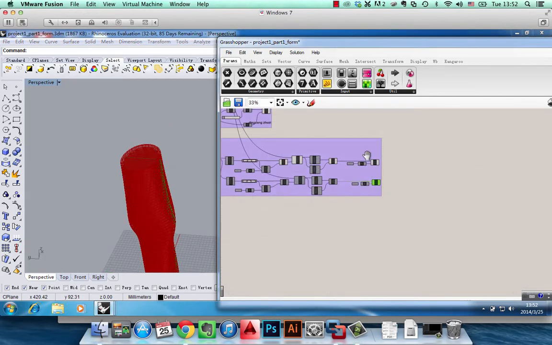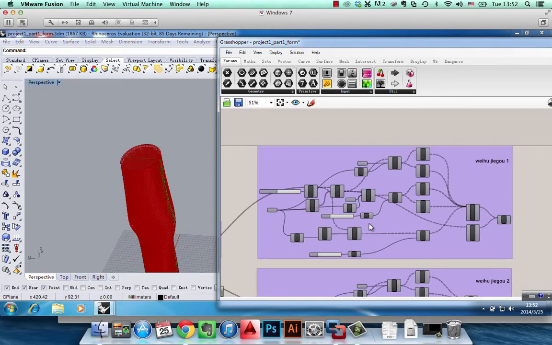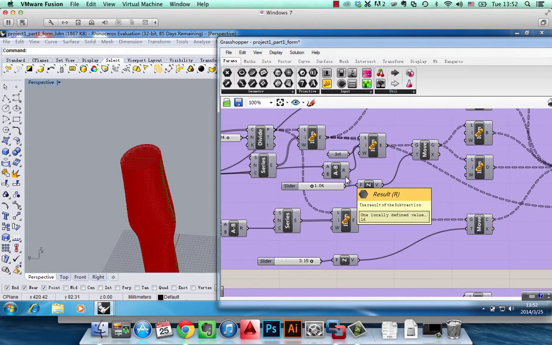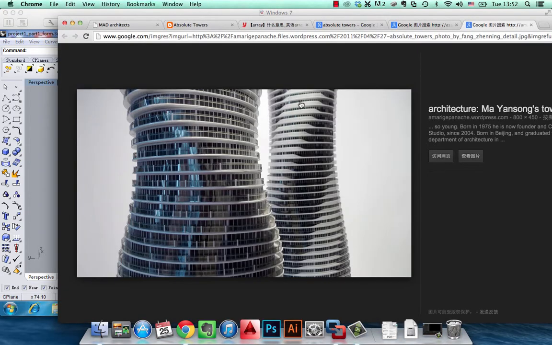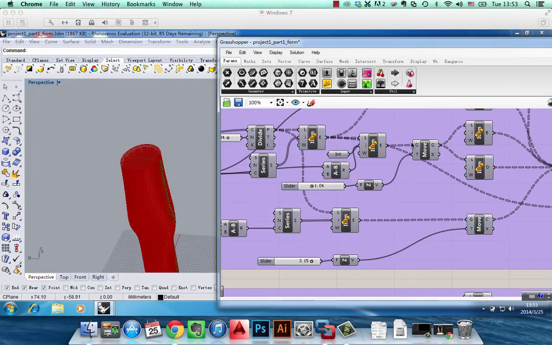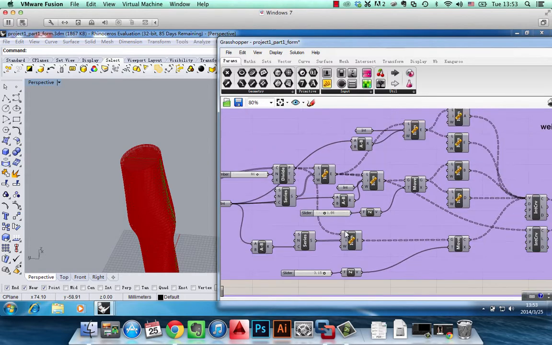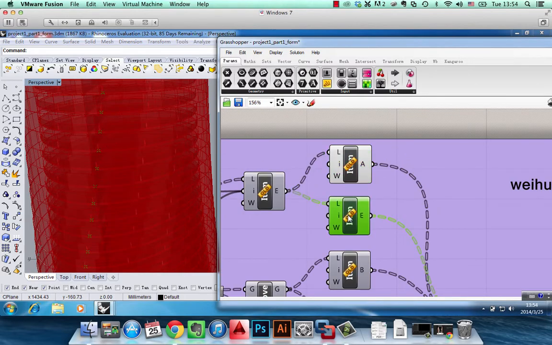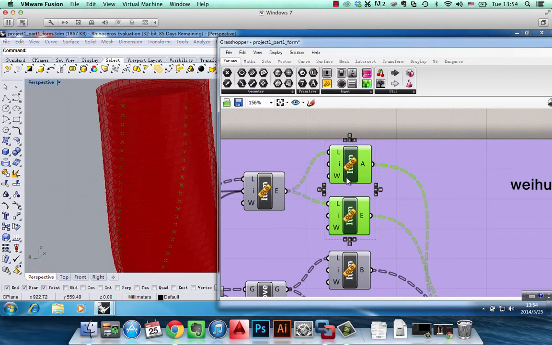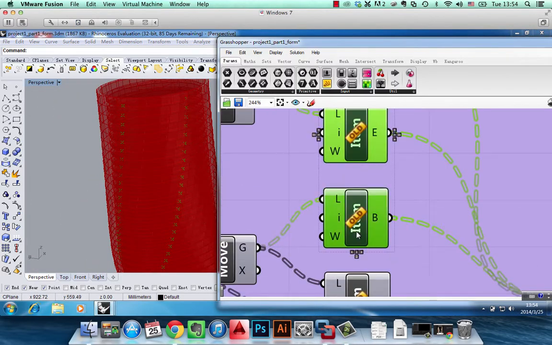So the next step would be creating another kind of skin. You can see in this picture, the white area. Now I try to create this surface. They are not regular surfaces. You can see their shapes are not symmetrical. So I use several steps to extract the start points of the surface and also the end points, the second points,